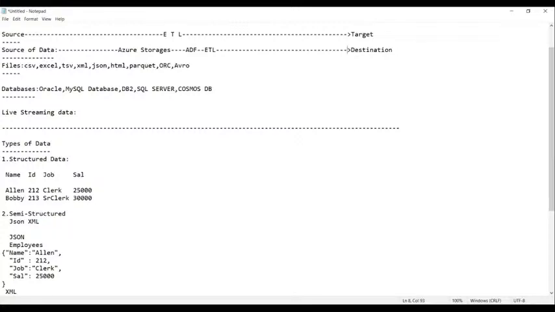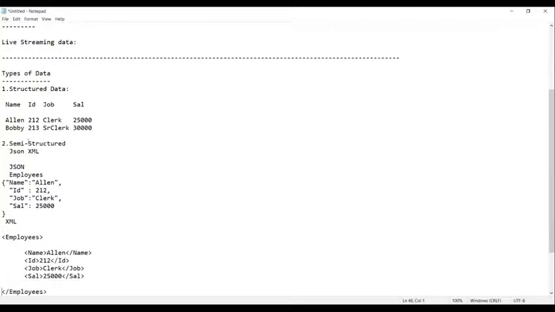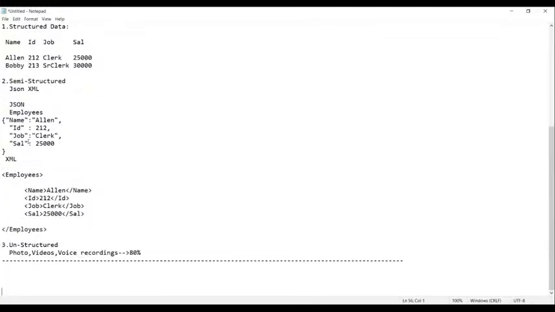Now, guys, what are the storages we have, and which storage stores what type of data? Let us try to see this. Everyone knows now what the source is and what the types of data are.